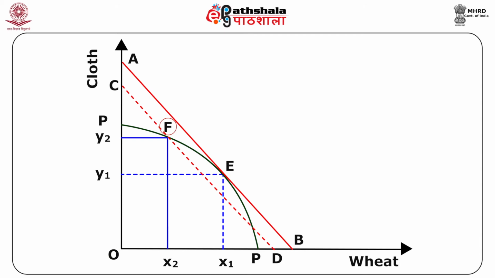At point F, the slope of line CD, or relative price of X, is steeper than the slope of transformation curve PP. At point F, the opportunity cost of X is lower than the relative price of X. It will therefore be profitable for the firms to increase production of X and reduce the production of Y. By doing so, the economy eventually reaches point E, where the relative price of X is equal to the opportunity cost of X. The national product will be equal to OA.